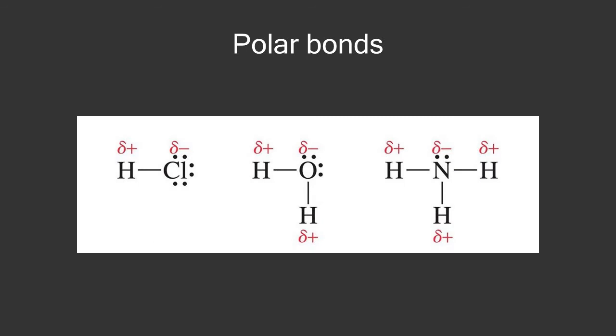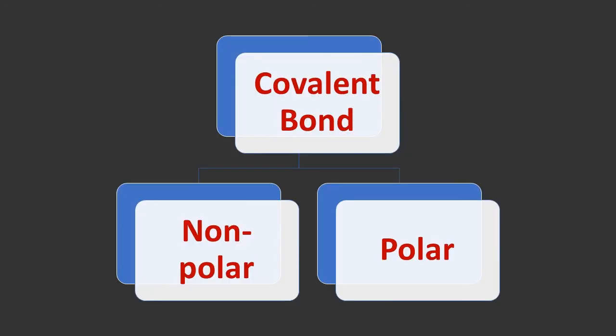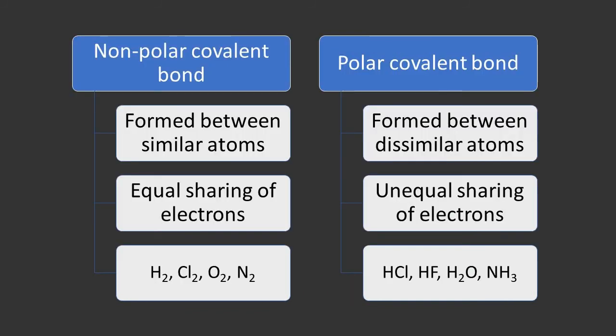Similarly, polar covalent bonds are formed between oxygen and hydrogen atom in water or between nitrogen and hydrogen atoms in ammonia. So, as seen from the examples in this video, covalent bonds can be classified as nonpolar covalent bonds and polar covalent bonds. Nonpolar covalent bonds are formed between similar atoms by the equal sharing of electrons. Polar covalent bonds are formed between dissimilar atoms by the unequal sharing of electrons due to the difference in electronegativities